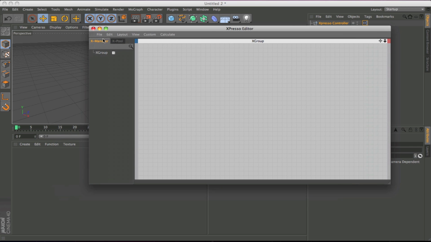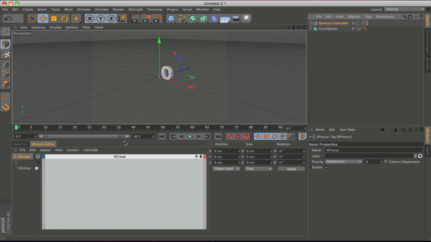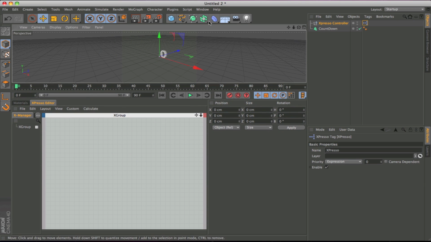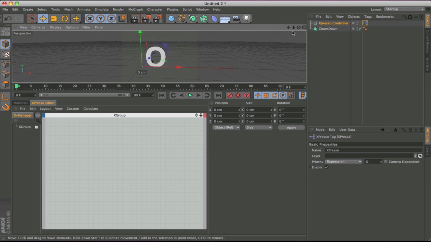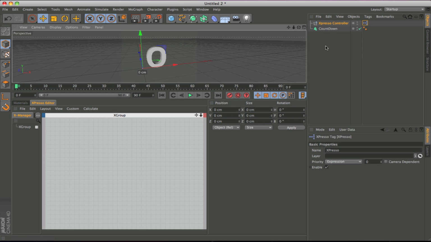We're gonna go ahead and dock our Xpresso editor here, and we're gonna make this a little bit smaller. We'll just move our camera around and dial it in. So we're gonna get right to it. One of the first things we're gonna do, we're gonna drag our countdown inside of our Xpresso editor